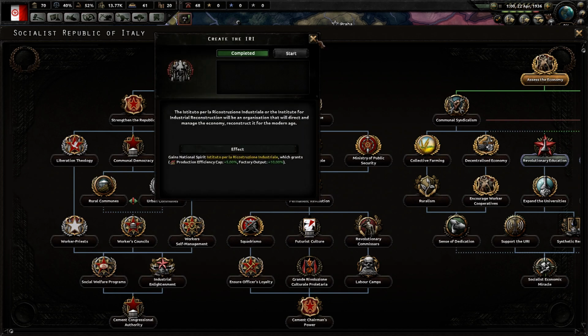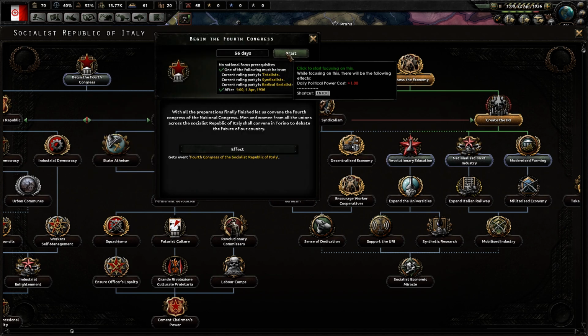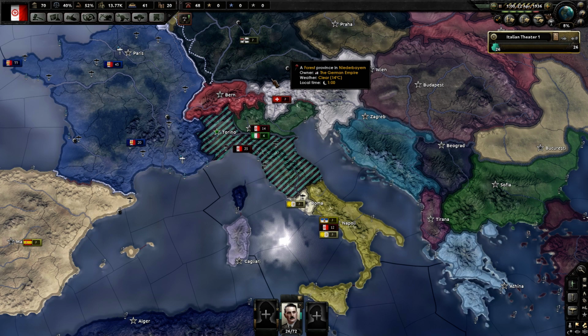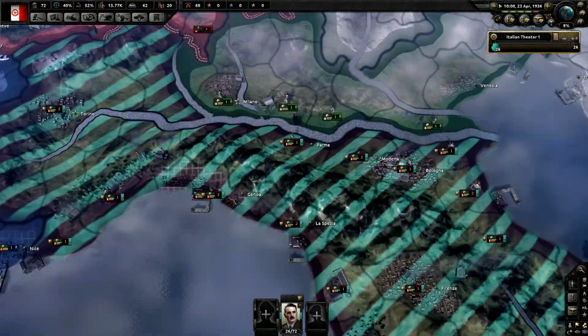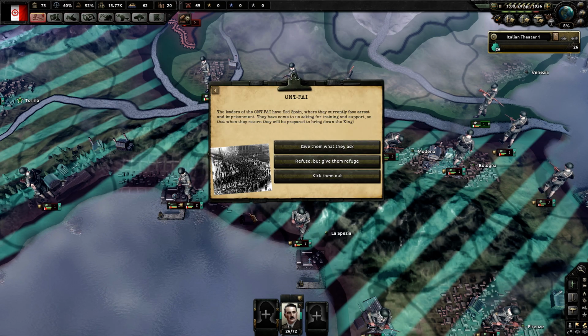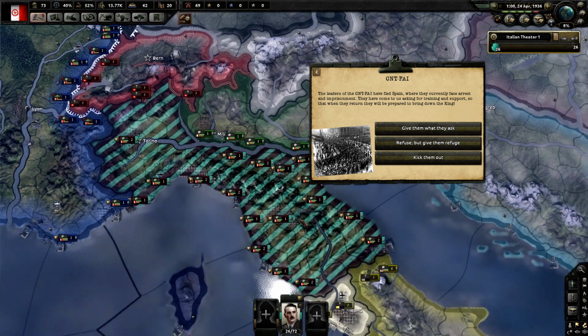Okay, we've created the IRI and we can begin the 4th Congress. All preparations finally finished. Let us convene the 4th Congress of the National Congress. The 4th Congress of the National Congress. Good wording there, Kaiserreich. Men and women from all unions across the Socialist Republic of Italy shall convene in Torino to debate the future of our country. Why did you make Torino the capital? And not like Genoa? Or